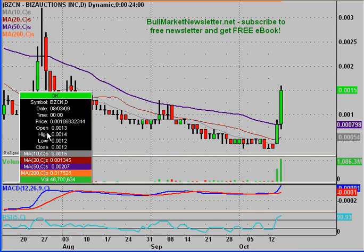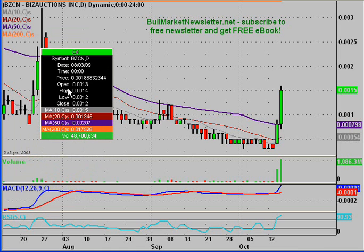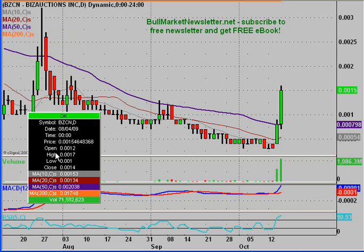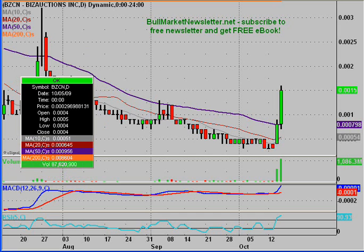I can't remember if I've ever done this one before, but regardless, check out this chart. It made some nice moves these past few days on nice volume, so the requests have been pouring in, and I want to get this updated so people can have an idea of what to look for from a charting perspective. So just to break down what's been happening the past few days,